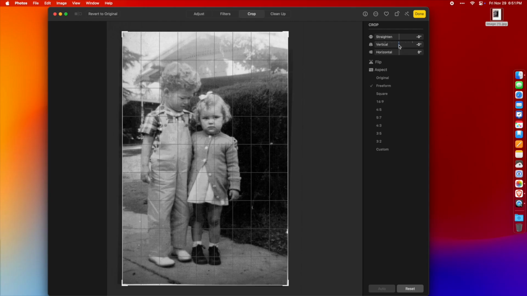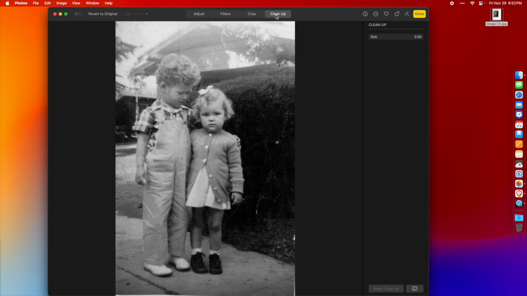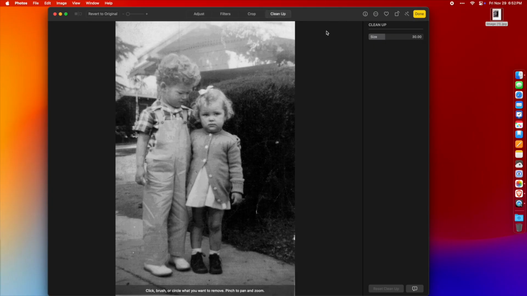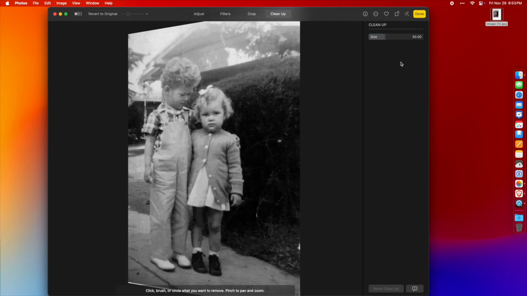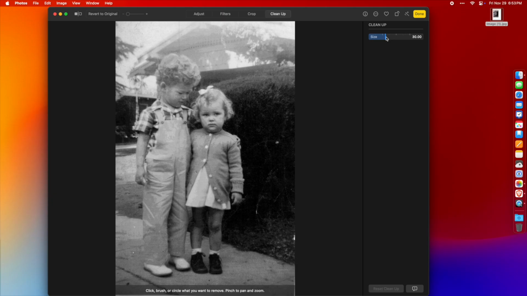Now I'm going to show you a new tool that's available on Mac and iPhone. It's called Cleanup. You tap that. Cleanup is a new AI tool Apple's released that performs a similar function to clone, healing, or retouching tools in Photoshop, but it does it automatically for you instead of you having to learn how to use that tool. Come over here. This changes the size of your cursor. You can see it changing here. Now what you do, just come over, and if you see a spot you want to clean up, just circle it, and the AI will do its best job to clean it up.